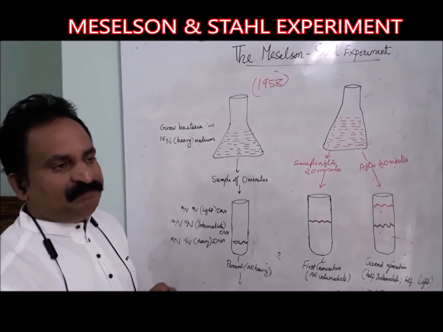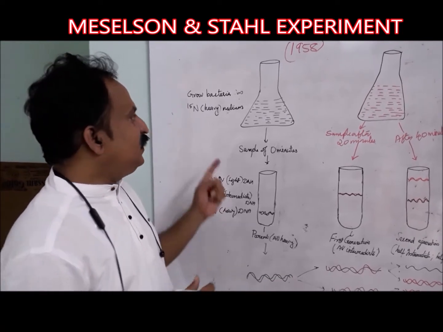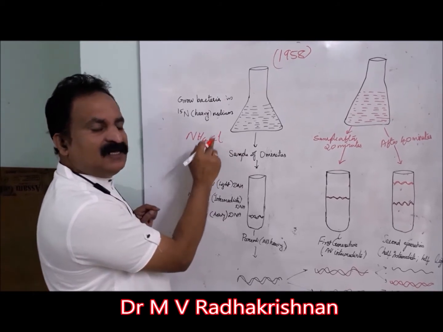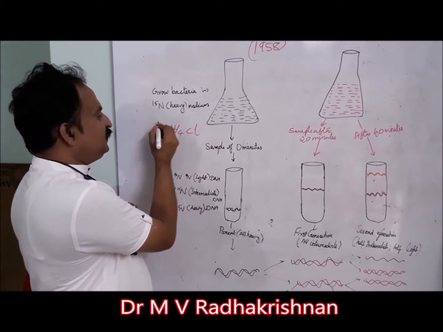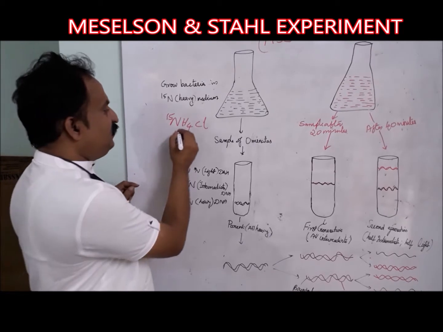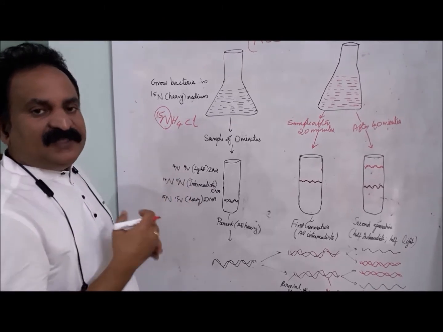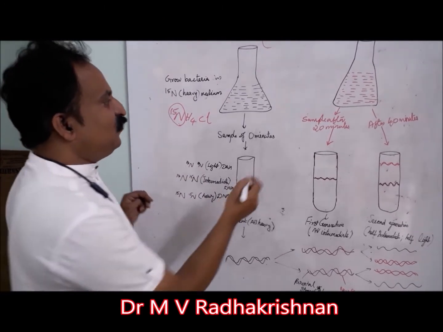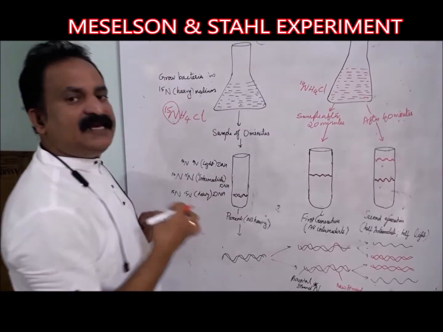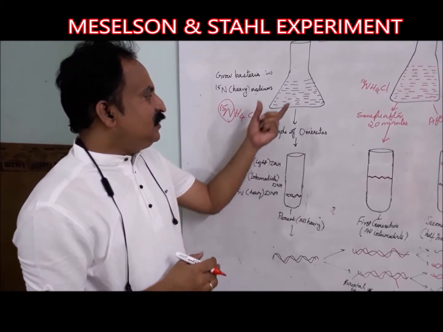In their experiment, they cultured E. coli bacteria, Escherichia coli bacteria, in ammonium chloride (NH4Cl) solution. In this, the nitrogen they used was the heavy isotope of nitrogen, that means N15. And in another medium, they used light nitrogen, that is N14, in the same ammonium chloride. First, they cultured the E. coli bacteria in heavy